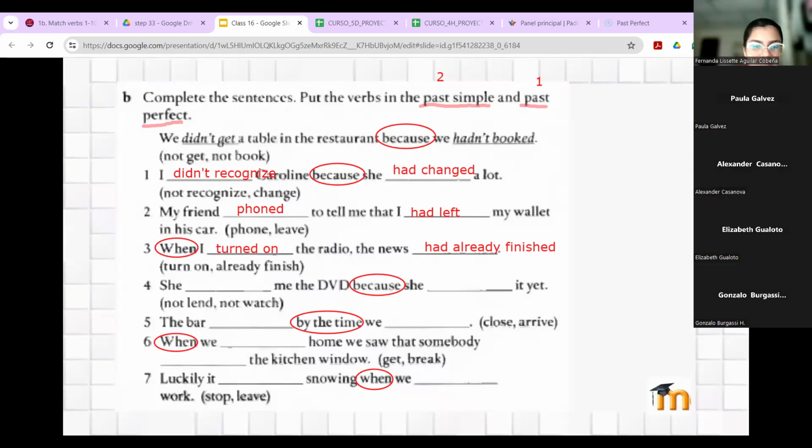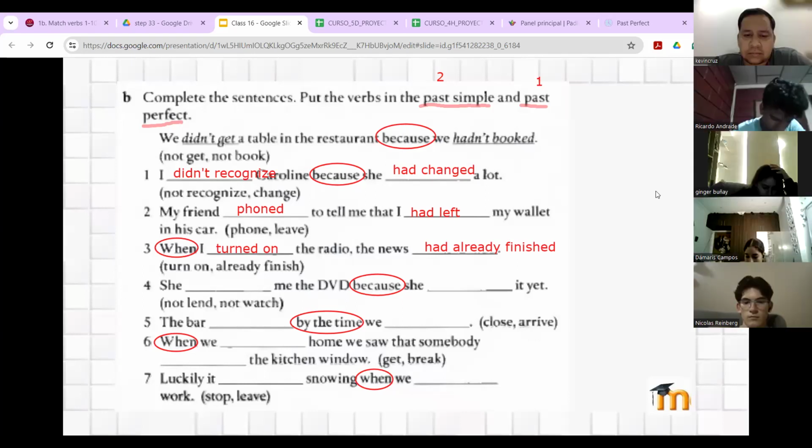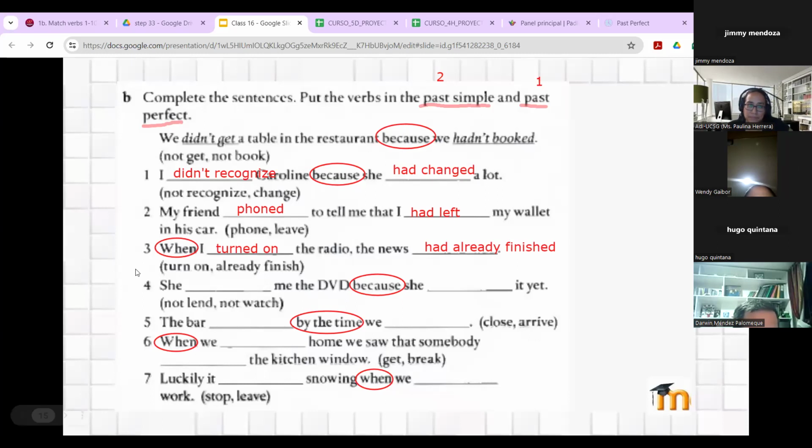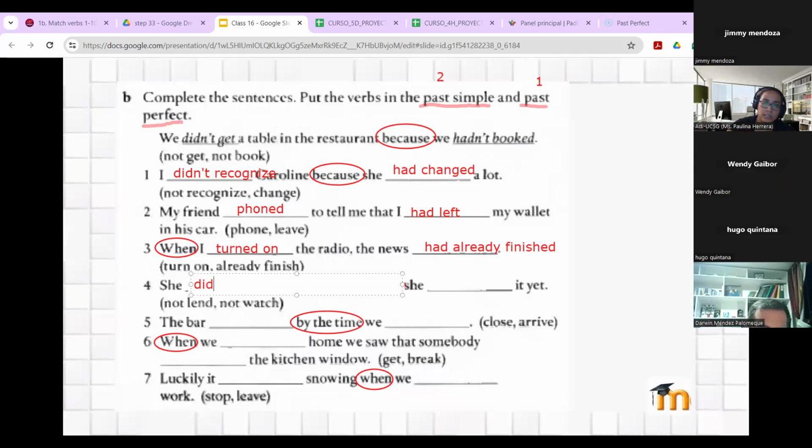She didn't land. You wanna do the other one? Okay, go ahead. Let's do Number 4. Number 4, she didn't lend me the DVD because she hadn't watched it yet. Yes, very good, Wendy. Exactly like that. Okay. So she didn't lend me the DVD because she hadn't